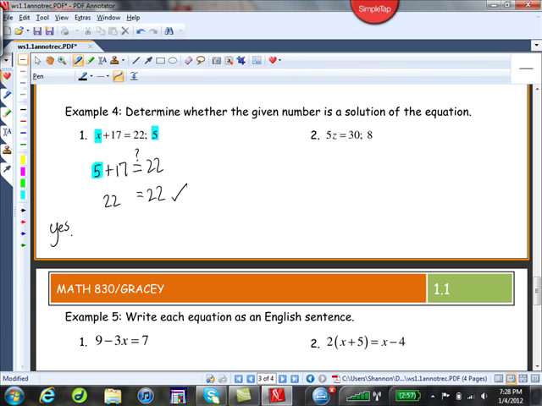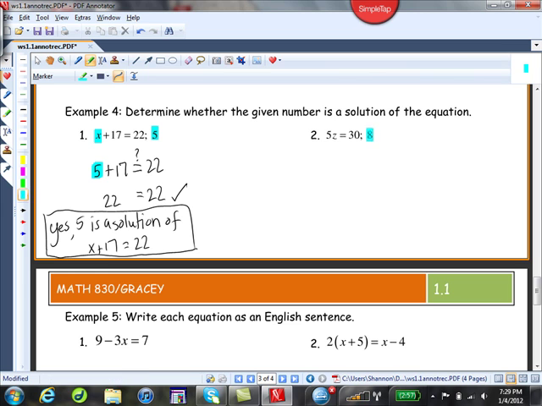Yes, 5 is a solution of x plus 17 equals 22. So in your homework, they're just going to ask you for a yes or no, but I like to put the complete sentence here. All right, in this next one, z is the variable, and it's